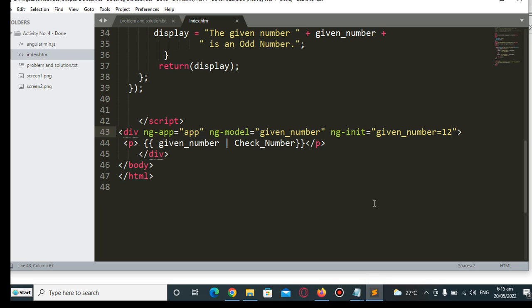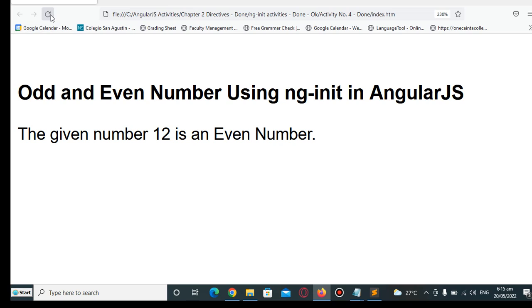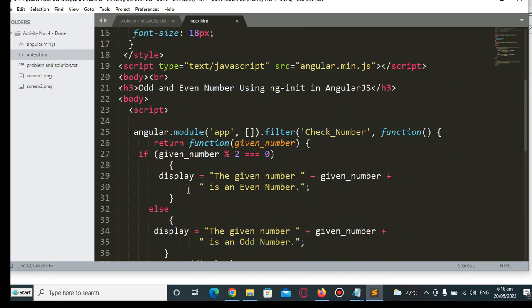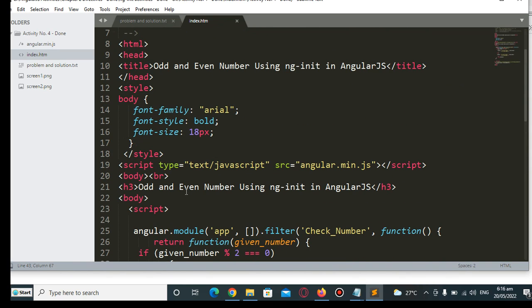Last example, let's say we have 13. We just refresh the browser here, add an even number using ng-init in AngularJS, the given number 13 is an odd number. Okay guys, so this is the end of our tutorial video on add and even numbers using